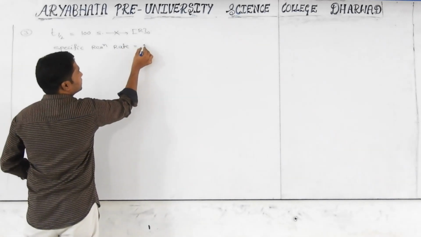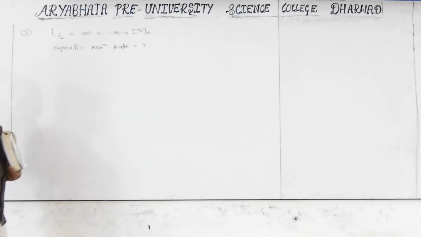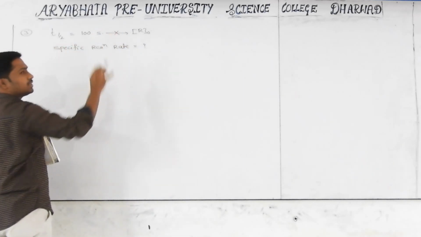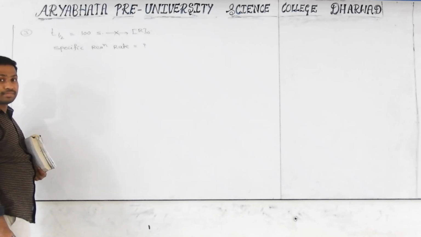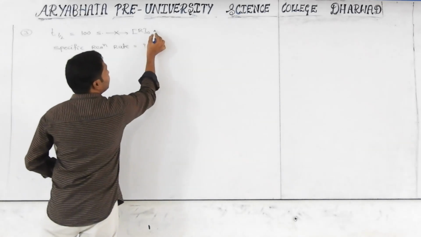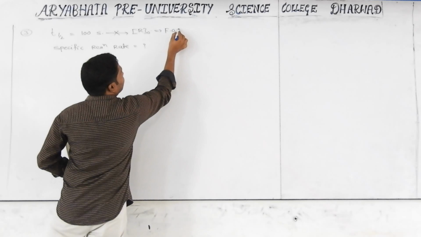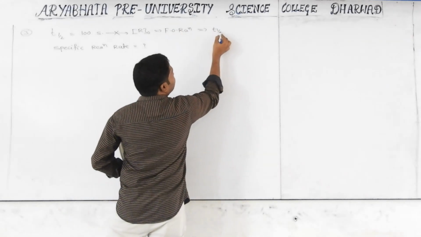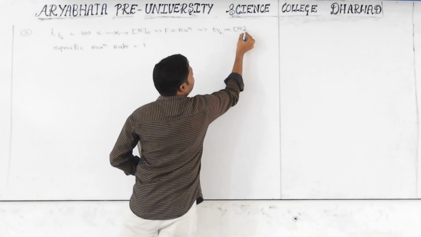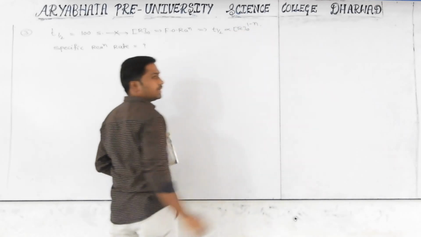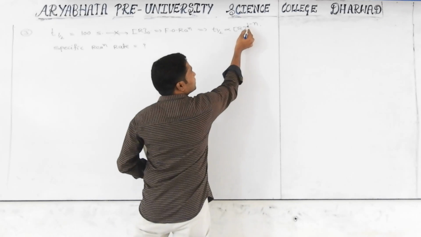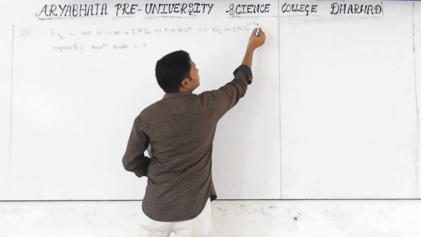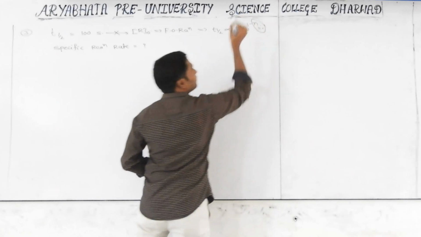Specific reaction rate is equal to how much? Okay, that is the given case. Half-life is 100 seconds. It is independent of initial concentration. Independent means what is the meaning here? First order reaction. Are you agreeing, or how are we getting it? Half-life is directly proportional to the common formula R naught power 1 minus n. It is independent, which means the power is becoming 1. It is possible when n is equal to 1. So it is nothing but a first order reaction.